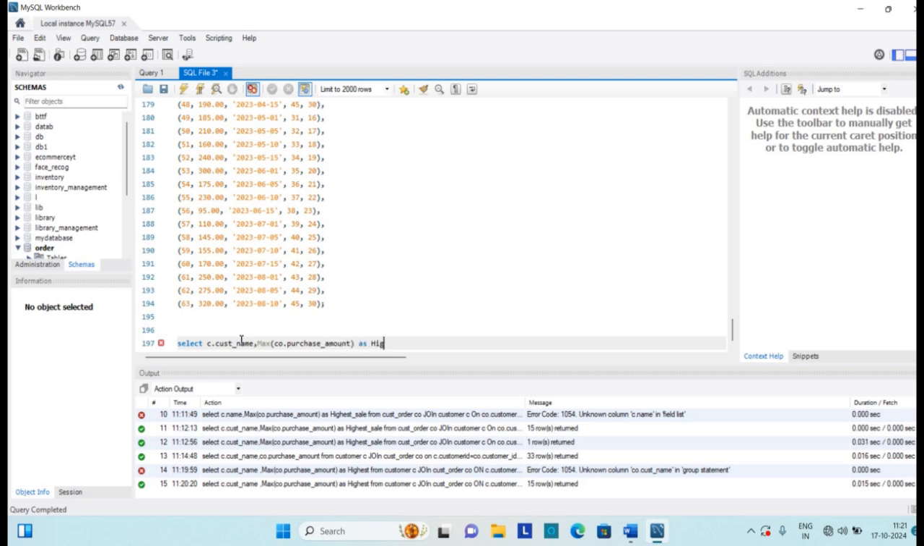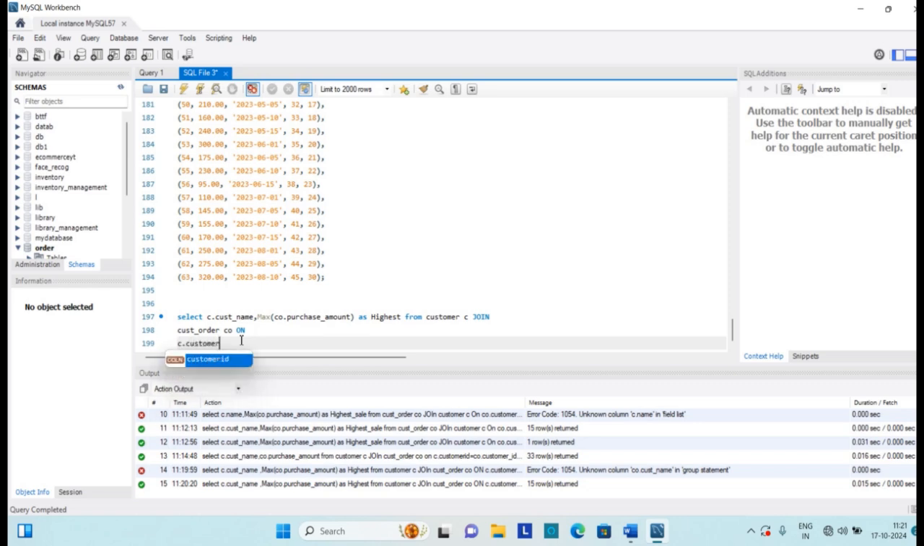as highest purchase amount from, we have a table named customer, for which we will write shorthand C, join customer order CO on, and we have to mention here C dot customer ID equal to CO dot customer ID, and because we have used the aggregate function, we have to write group by C dot customer name,